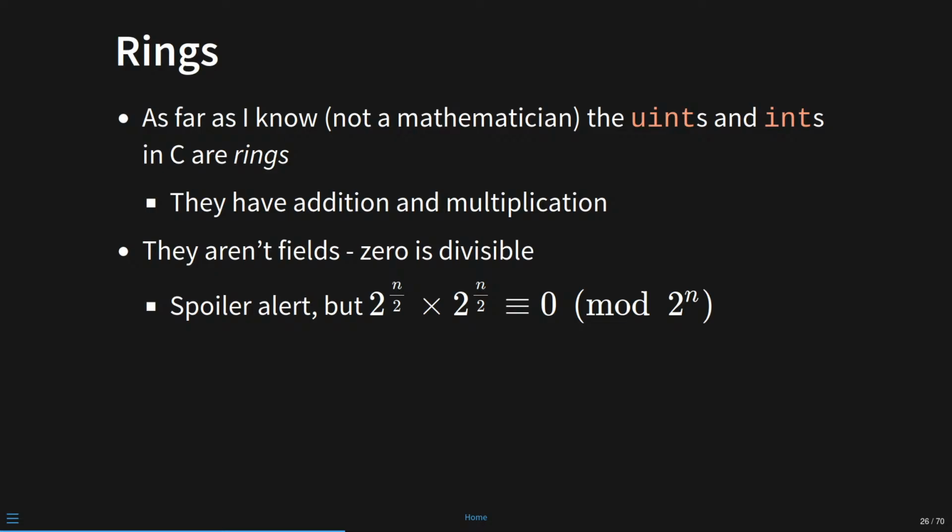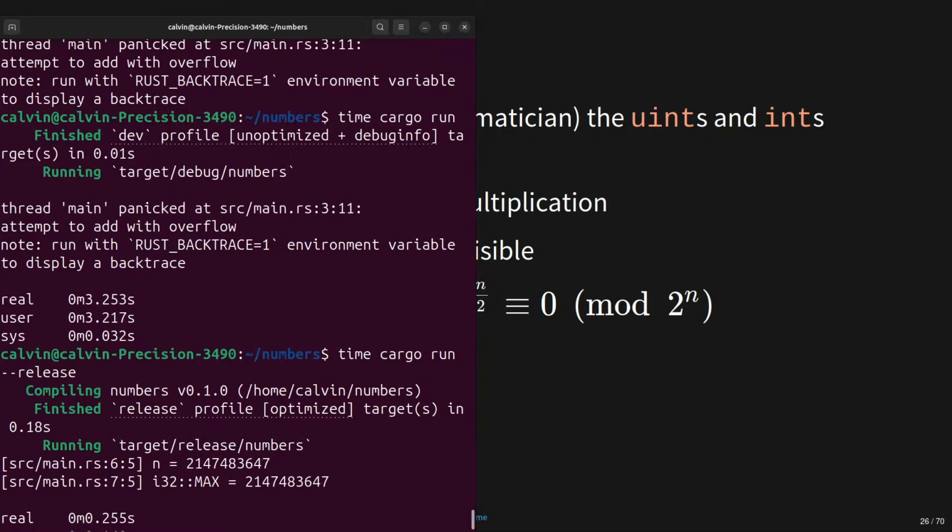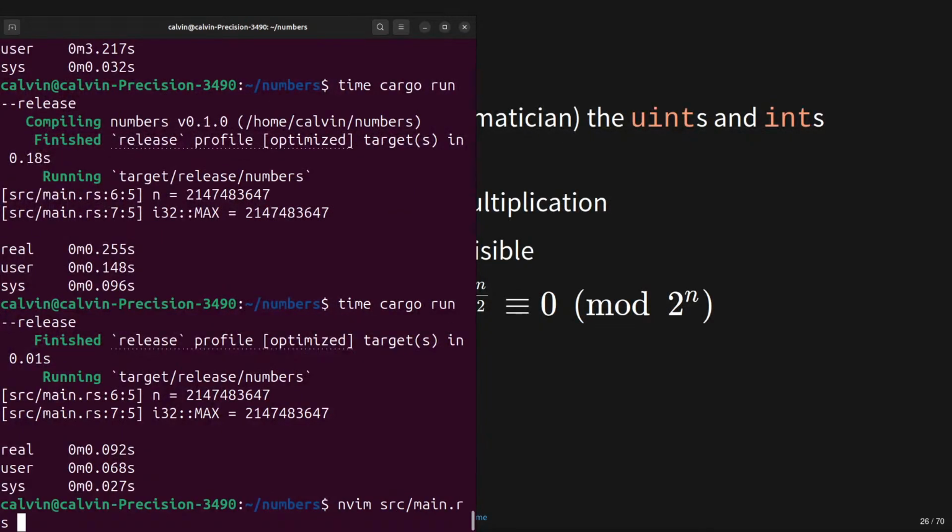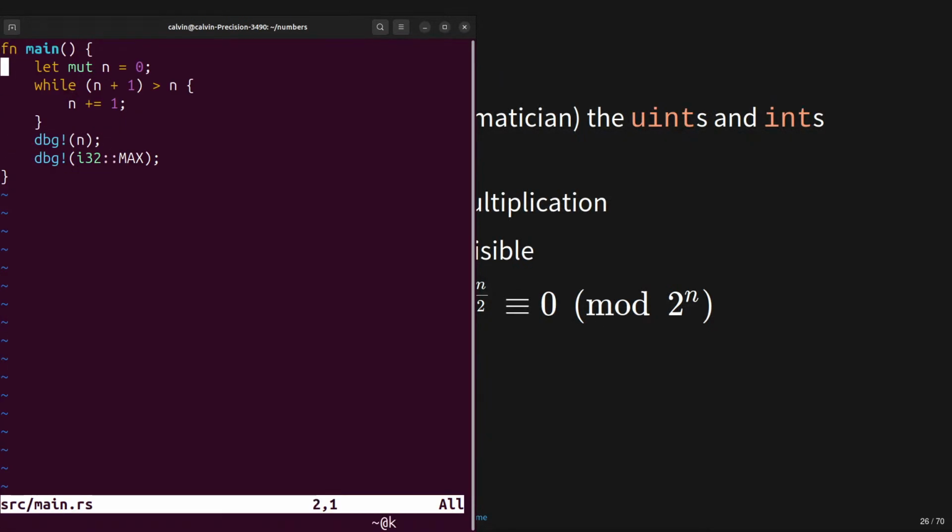That is incorrect. Fields cannot divide 0 by something, but I actually can multiply two values together and get 0 inside my rings, because I can multiply 2 to the power of n divided by 2 times itself, and I will get 0 back. And I think I can successfully demonstrate this if I'm as clever as I think I am, which sometimes I am. So,